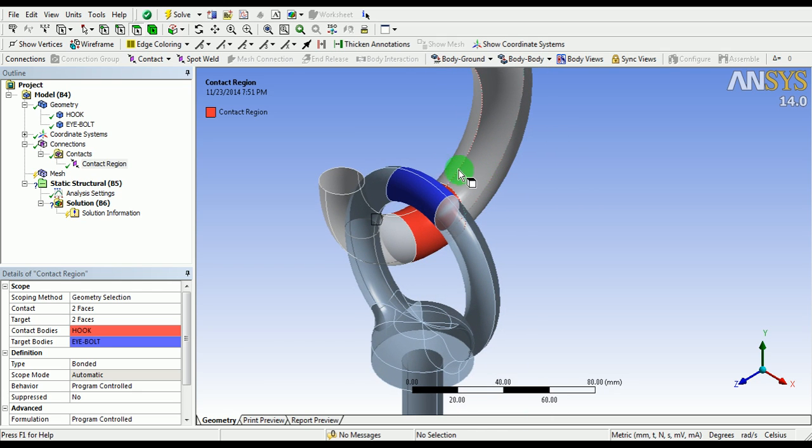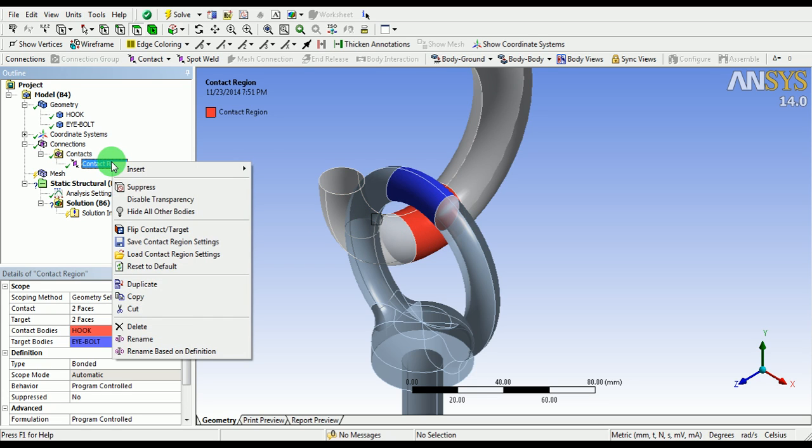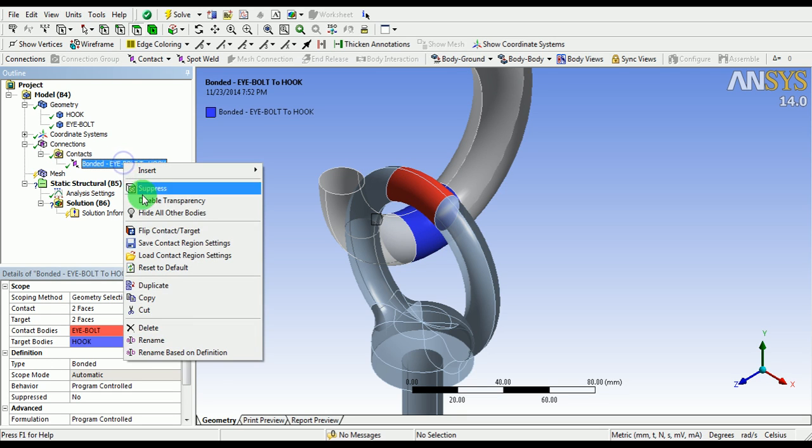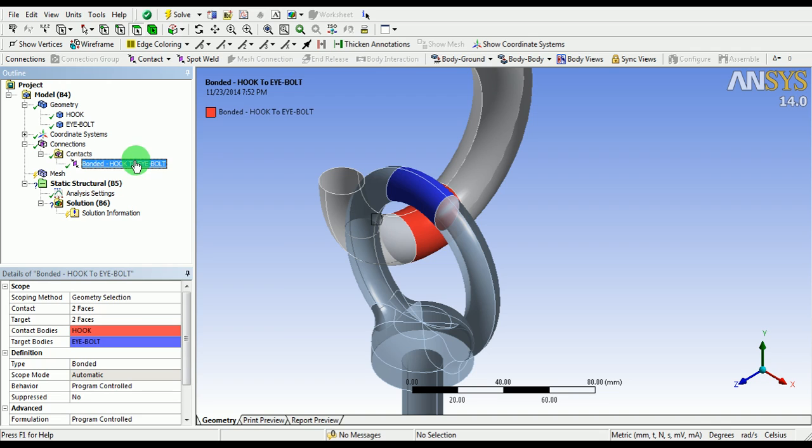The blue highlighted body represents the target body which relates to the eye bolt, and the red surface is a contact body which is associated with the crane hook. This contact and target can be toggled by right clicking on this and picking flip contact. You can observe how the contact and the targets are now changing.